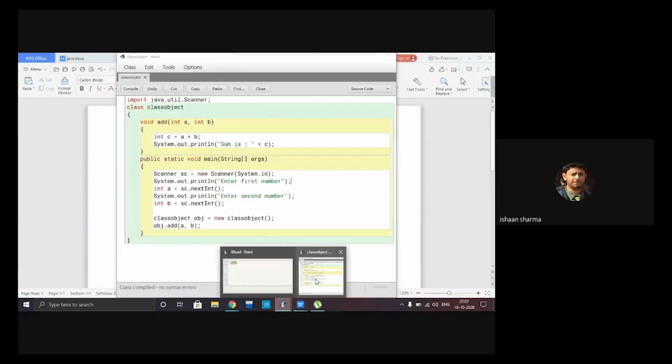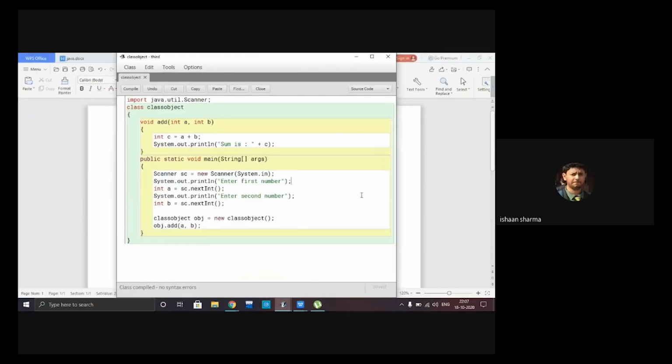So in Java, there are three things to always be remembered, which are compulsory and occur in each and every basic program. That thing is called a class structure. First of all, the program in front of us is a simple program which takes two numbers from the user, adds them and shows the addition.